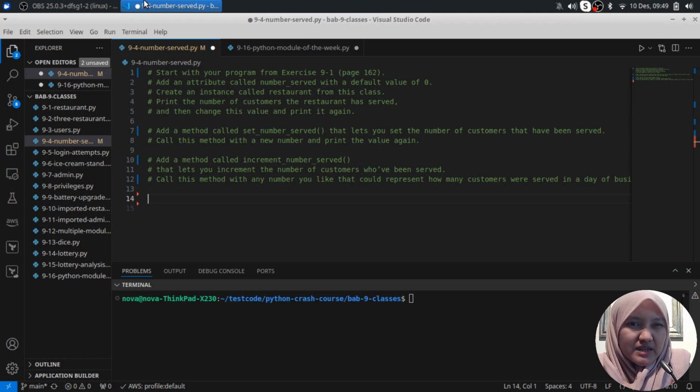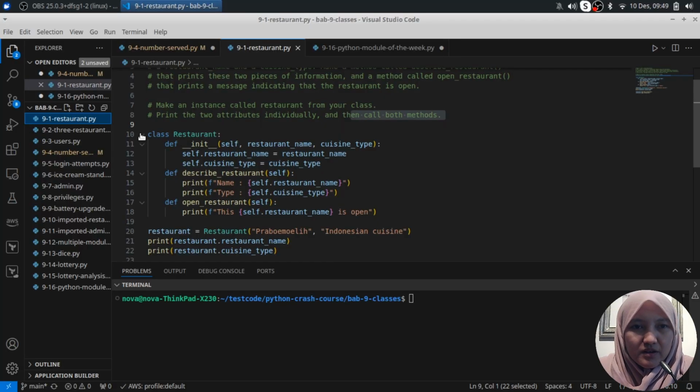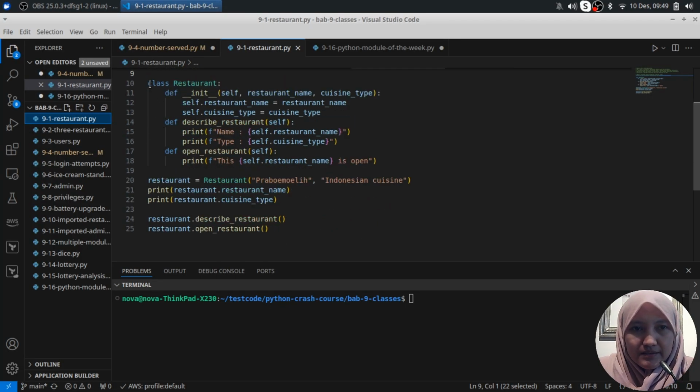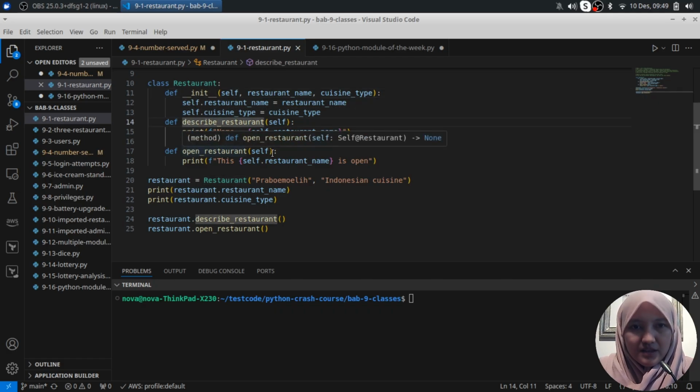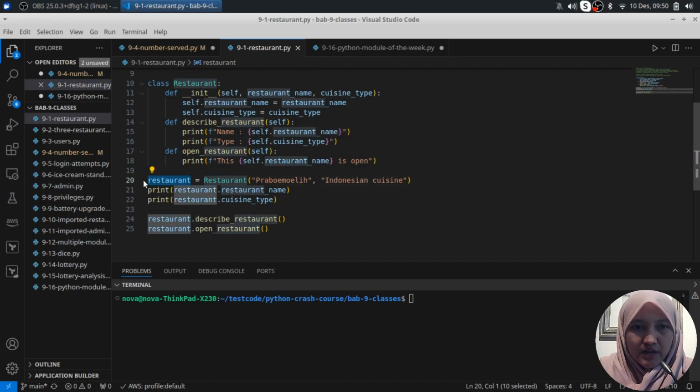This is with your program from exercise 9.1. We have a class Restaurant, and then we have three methods: the init method for the initialization, then describe restaurant as the second method, and the third method is open restaurant, right? And then we have an instance here calling